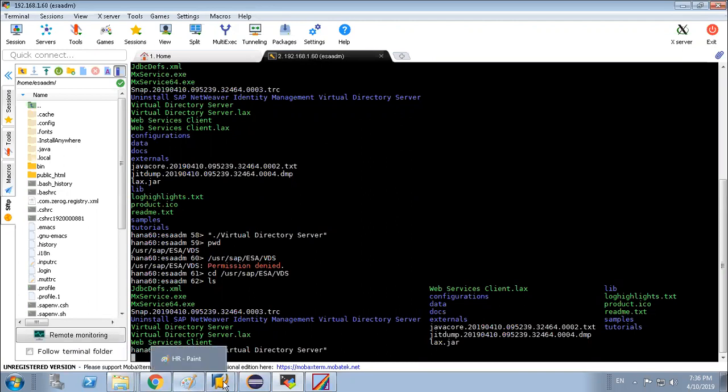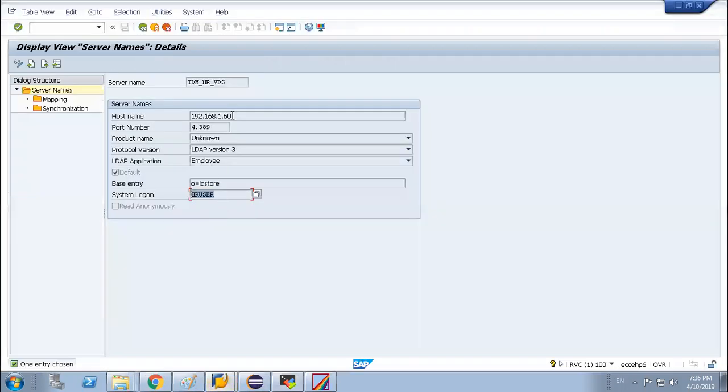That is the reason I have given the same host name, 192.168.1.60, over here. The port we have already created. The product name by default is unknown. All those things are default information.